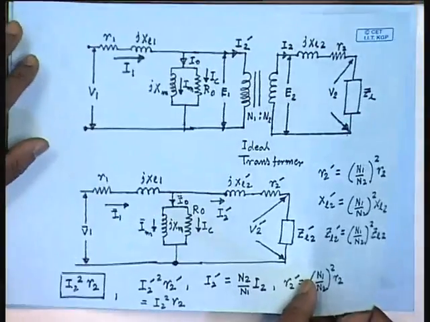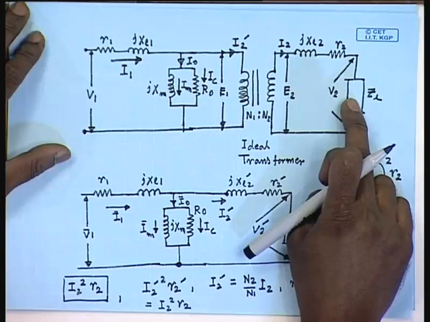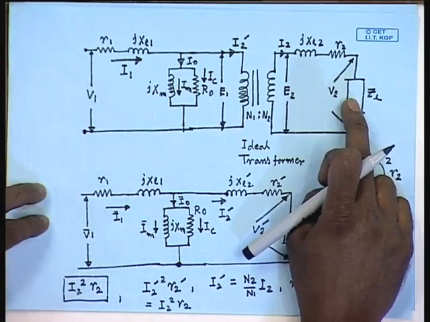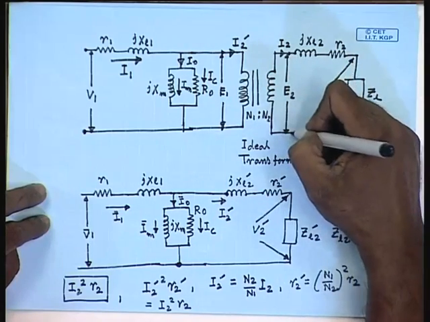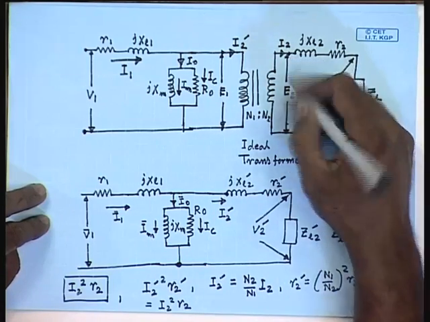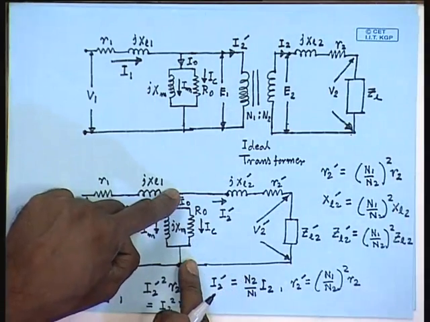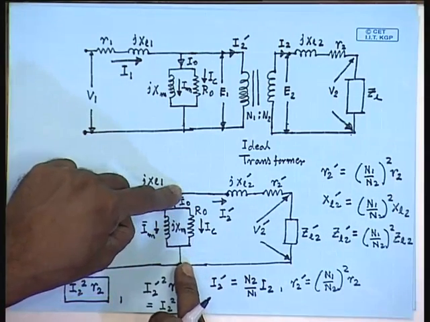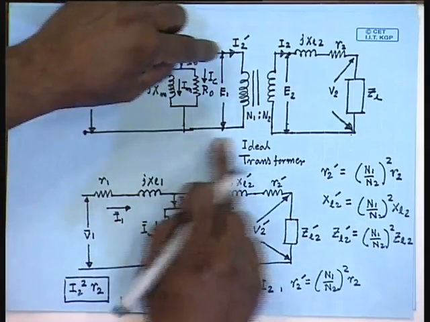The actual circuit model is given by this diagram. We now want to replace it by an equivalent circuit with an equivalent network connected across these two terminals. This circuit, which is also an equivalent circuit referred to the primary side, was obtained by replacing